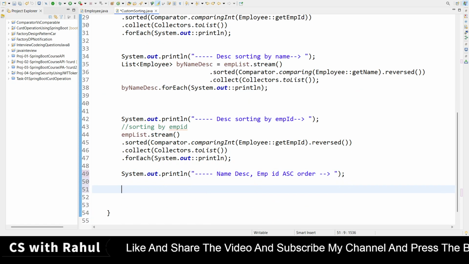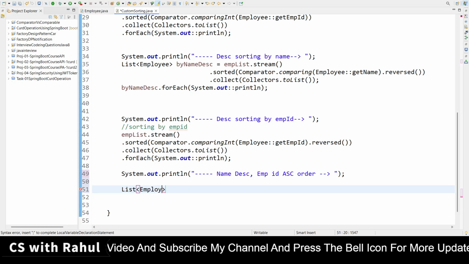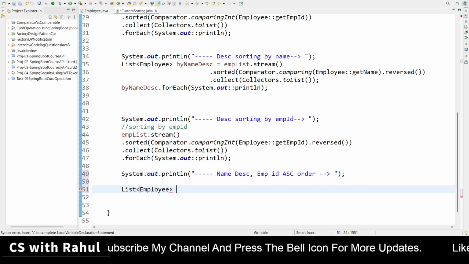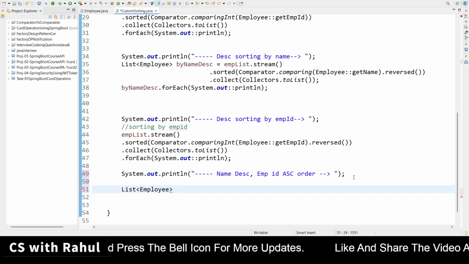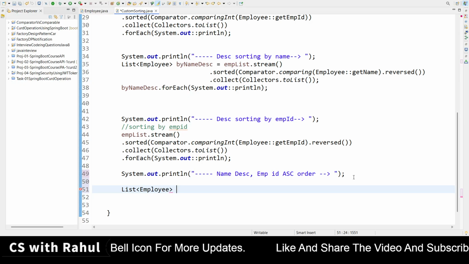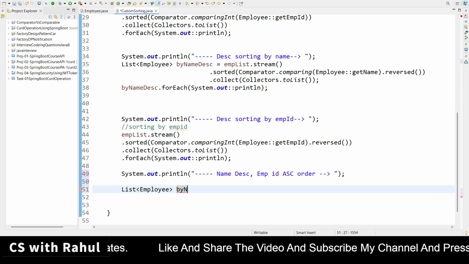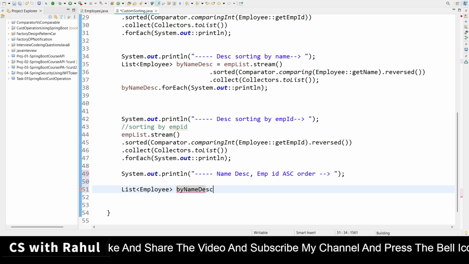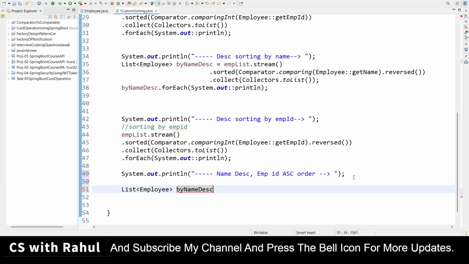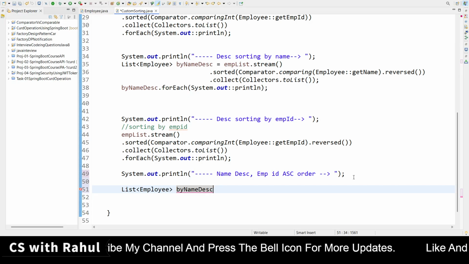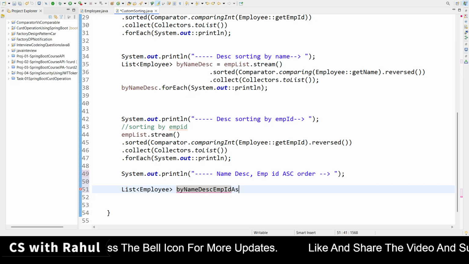So let's see what we need to do. First I am creating the list of employees, which will take the value. Now I will give name descending and employee ID ascending. By name descending, and I am writing here the variable name as employee ID ascending.